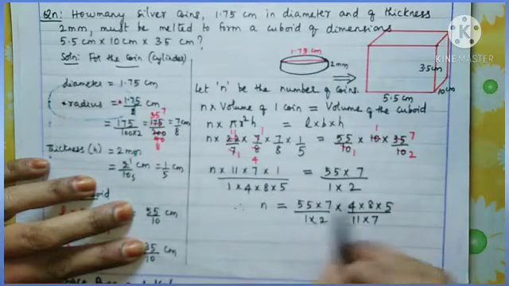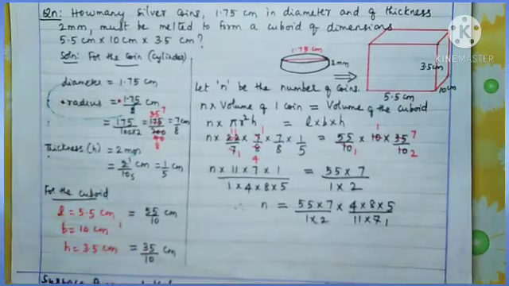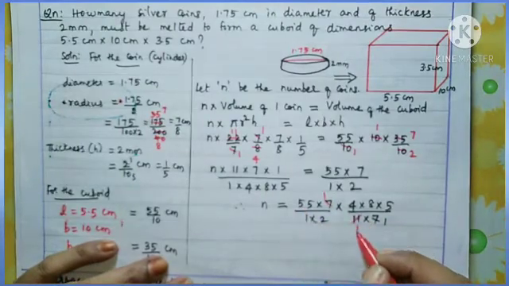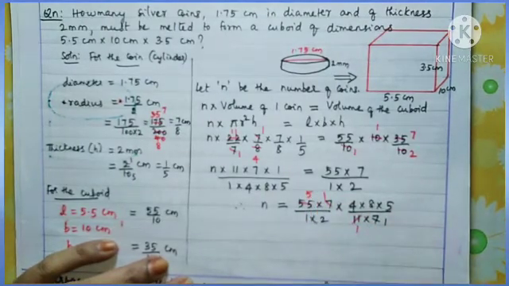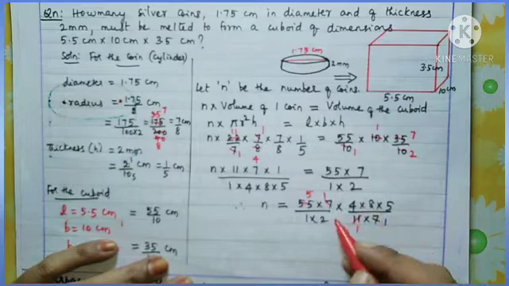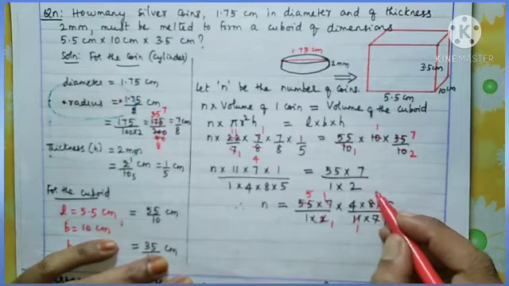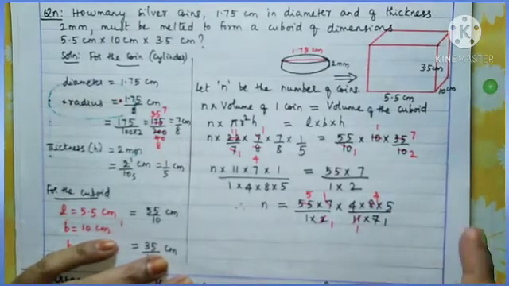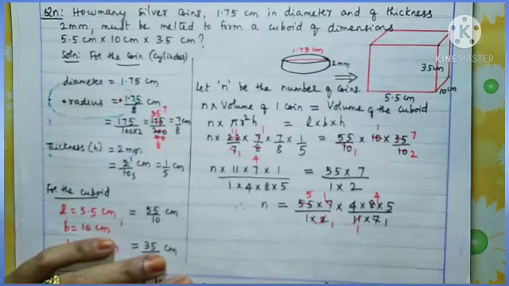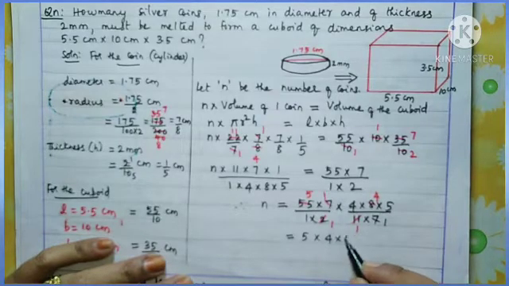Okay. Now again we can reduce here 7 and 7, then 11 and 55, 5 times 11 is 55. Then here 2 and here 4, or 2 and 8. So I am reducing 2 and this 8, 4 2s are 8. Now the denominator all became 1, so the remaining terms are 5 into 4 into 4 into 5.